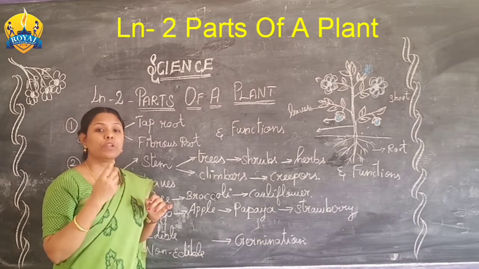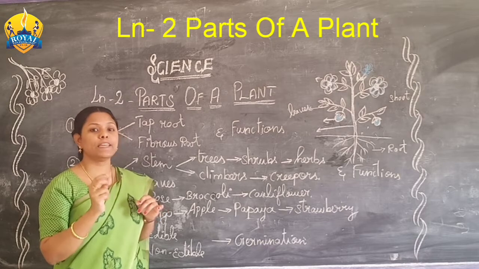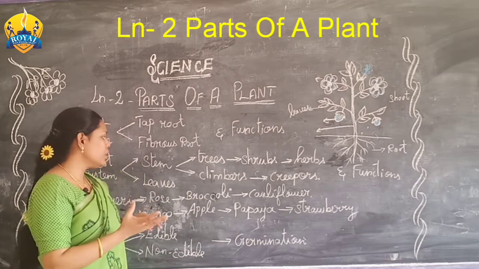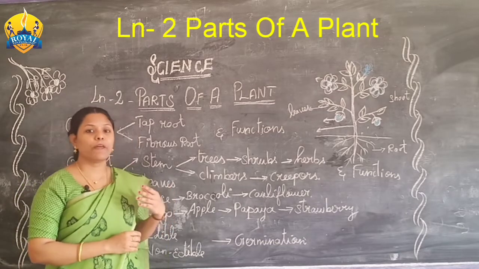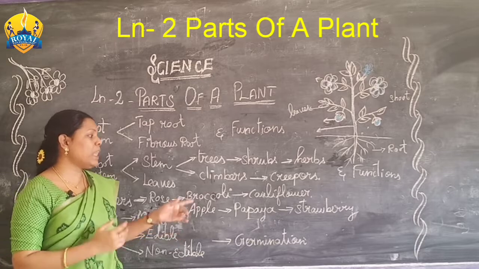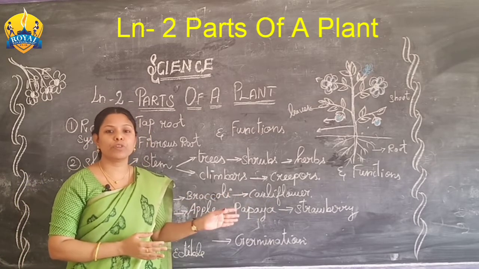Before the flowers, it is in the stage of buds. After some days, it will bloom into a big full flower. From the flower only the fruit comes out. For example, mango, apple, oranges, papaya, strawberry, these are the many kinds of fruits normally we take for